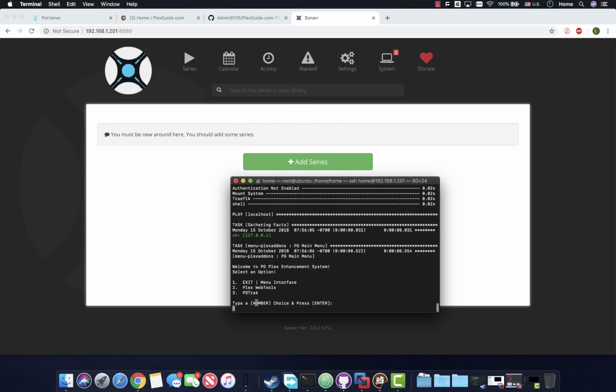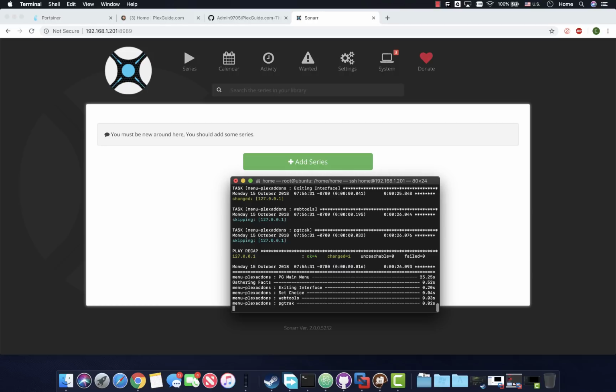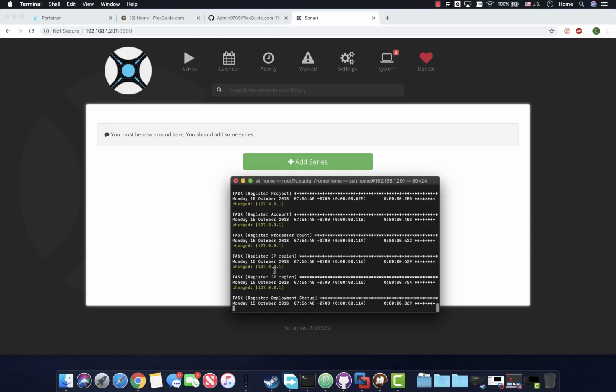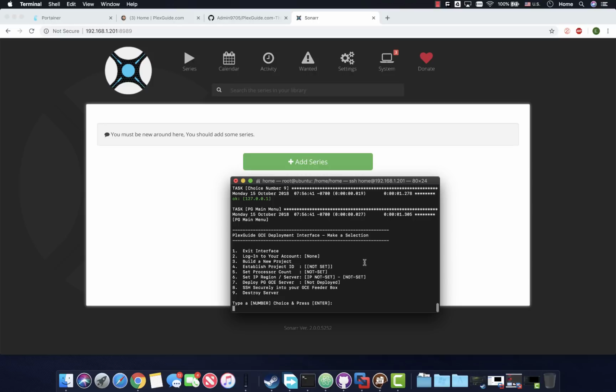Plex Cord Tools, if you want to install that, you can install that. Basically it installs like an unsupported Plex app store that installs many things. Here, PG Feeder Edition. I have a separate entire video on this, but if for some reason you want to deploy a Google instance or virtual machine, you can use all this. Look, I built it out for you. Use all this, and you'll be able to log into it through this version of PlexGuide that you have installed somewhere. And Google has a 1 gig fiber connection, and my recommendation is you have $300 worth of credits,